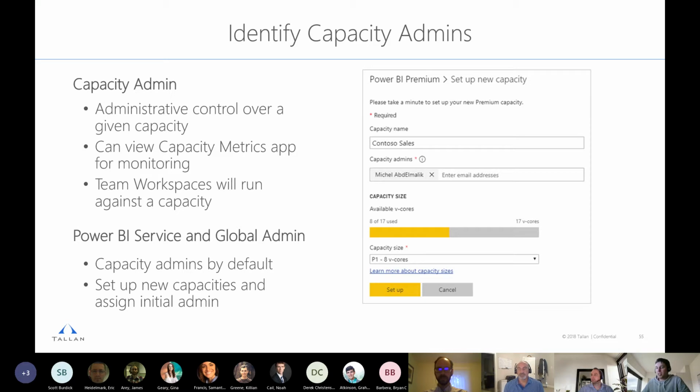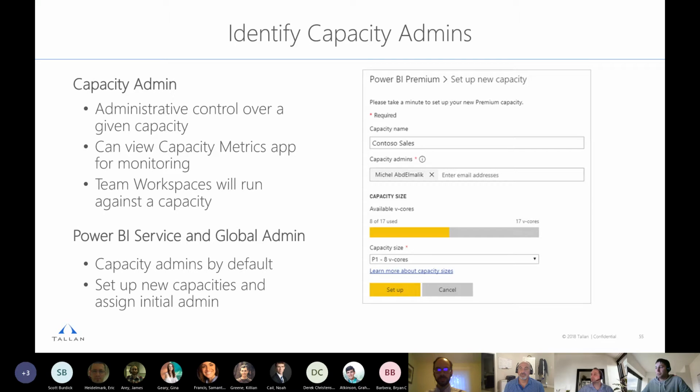Their responsibilities are not only that, but they also need to monitor. As they're deciding whether content goes to premium or not, they want to look at the existing workspaces and content in premium and decide: is my premium capacity functioning properly? Am I getting the proper performance? Is the CPU high? Is the memory high? Are my dataset queries taking too long?